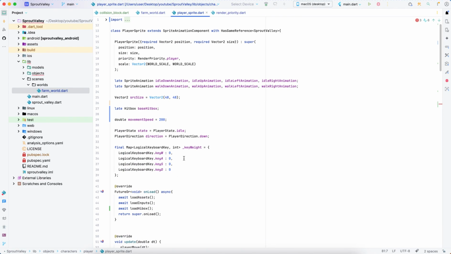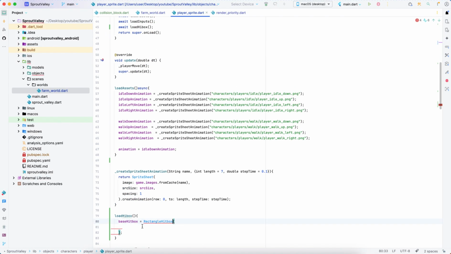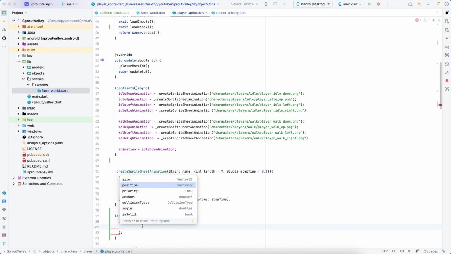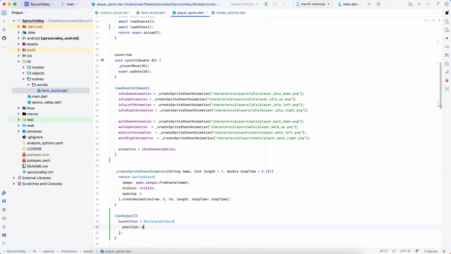I'm gonna change to rectangle hitbox. Rectangle hitbox, and then the position is position, and then the size is factor 2. I'm gonna set the 10 by 20